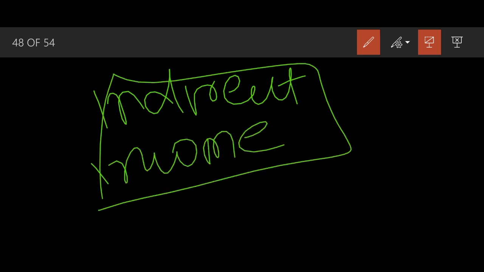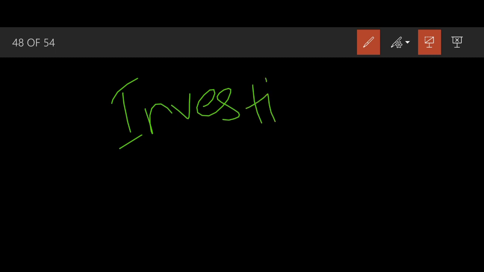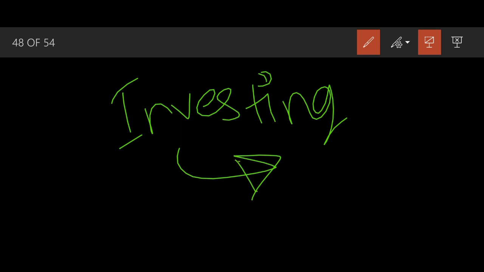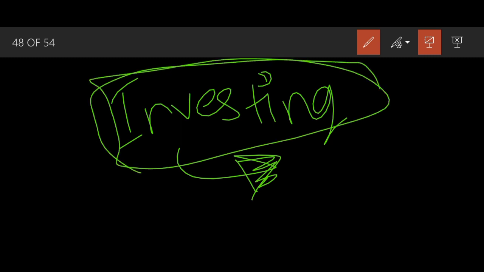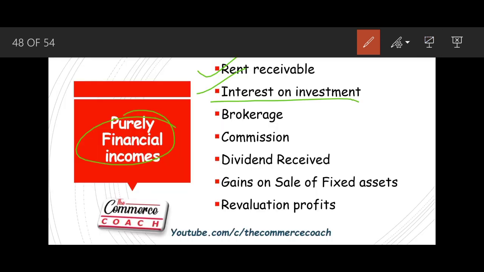We were considering it in the profit and loss account as indirect income, but in the cost sheet we will not be considering it. Interest on investment we will not be considering, because it is also indirect income. Unless the business is for investing, we will not consider interest on investment. If the business is related to investing, then interest on investment will be the business income. But if your business is to sell goods, then revenue from investing activities will be termed indirect income, and it will not be included in the cost sheet.